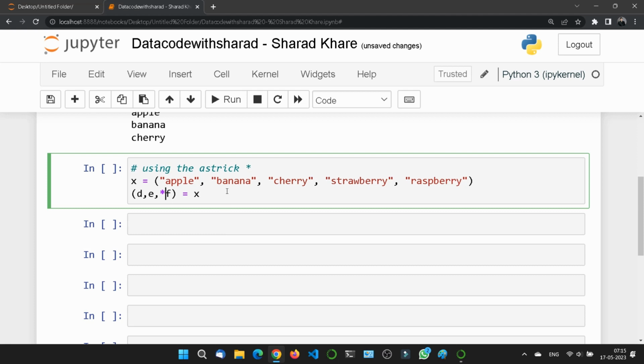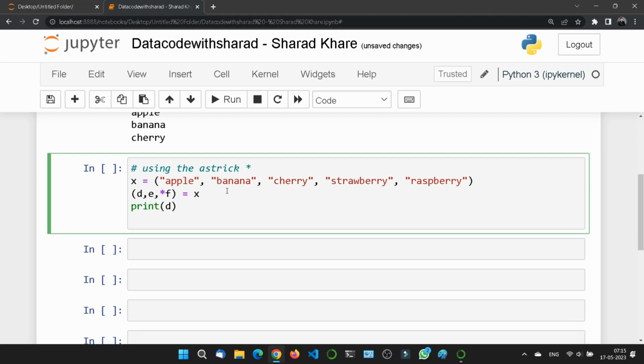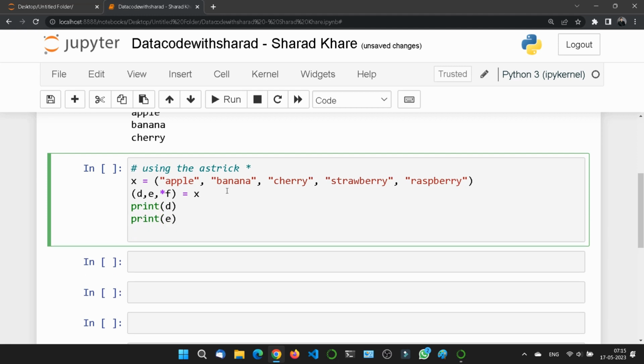If I print D, print E and print F, you will not use the asterisk for printing.